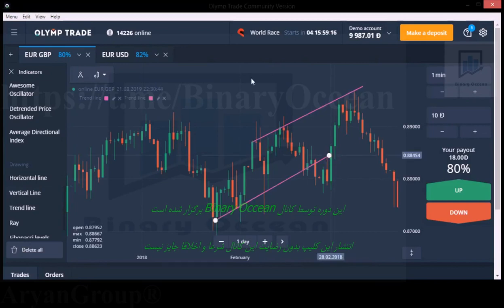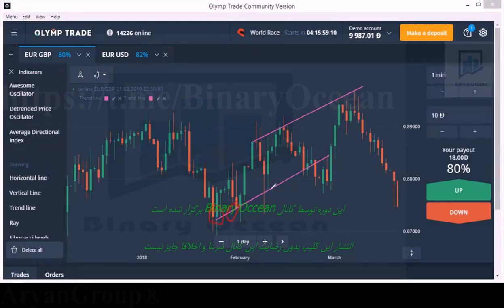We are seeing a buyer's entry, but the closing point is not at the buyer's area, so we can't go with buyers. Here the closing point is at the buyer's area. There is a rejection. We can enter here. This is your entry point, and it will be your take profit point. But again, we are seeing the market broke this level. After these two candles, we are seeing a bearish candle again. It means the buyers are not interested here. So you can exit from the market here with some losses.